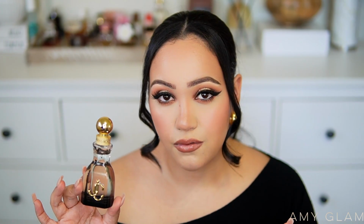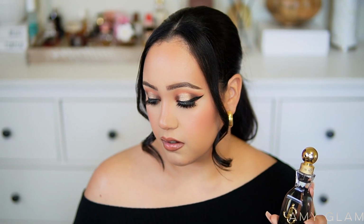I would definitely not wear this during spring or summer. I feel like it has a more cozy, just warm vibe to it that goes great with fall and winter time. So when I got this one, I kind of started to wonder if I should declutter my Carolina Herrera Very Good Girl Glam, because my husband really likes how this one smells, but this one is very tricky